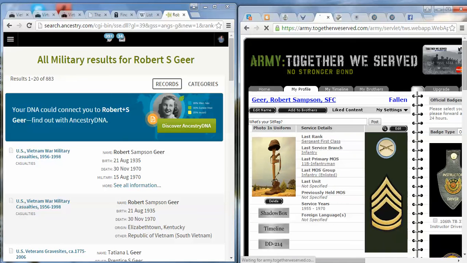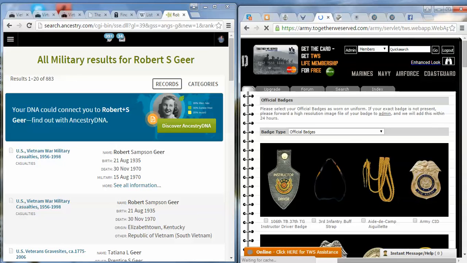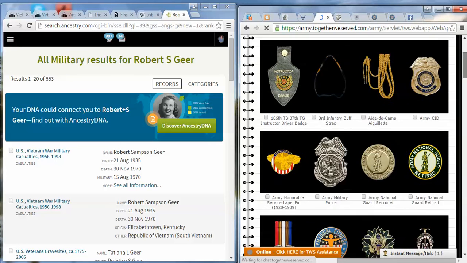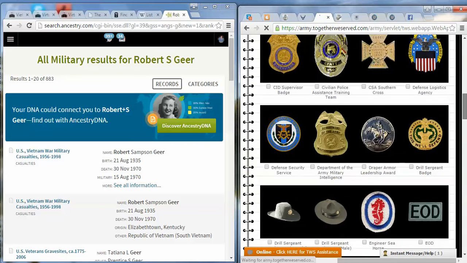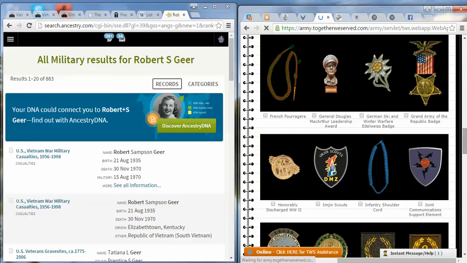The only chord that was allowed in Vietnam was an infantry chord for the Army.